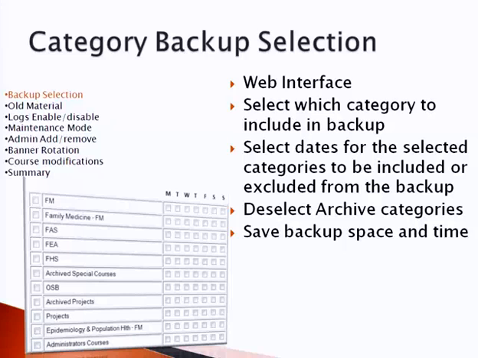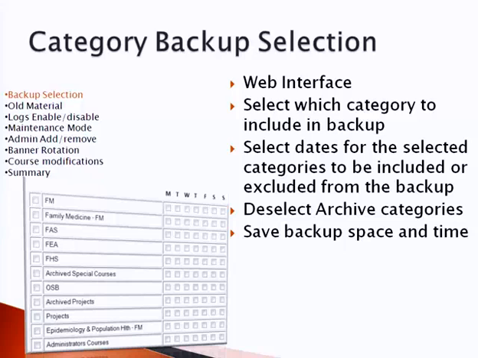Let's say you have 1,000 courses. Instead of taking 1 hour to back up, or sometimes reaching 8 hours, I had to come up with certain code tuning so that I can choose which categories I want to back up, and thus specify which courses I'm going to back up. So I created a small web interface where you can dynamically see the categories that we have. Each time you add a category, it will directly appear on this interface. Then I have the dates, so I can select each category,